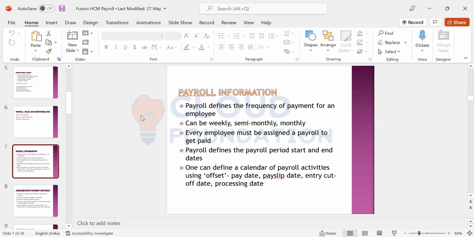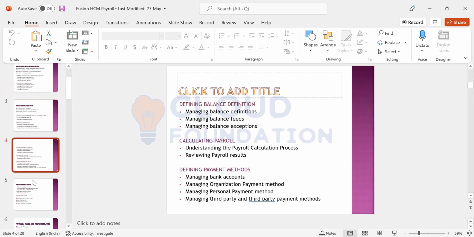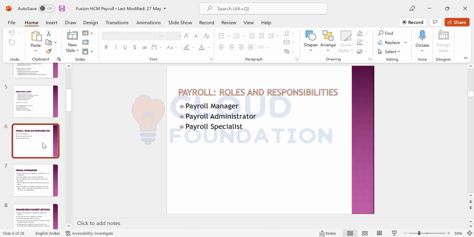So payroll defines what? These are the topics that we are going to discuss. This is the syllabus of payroll, right? One by one, we are going to cover the payroll responsibilities. What are the roles and responsibilities, as we discussed in the Fusion HCM Core HR? We were discussing the roles and responsibilities, that is application implementation manager,